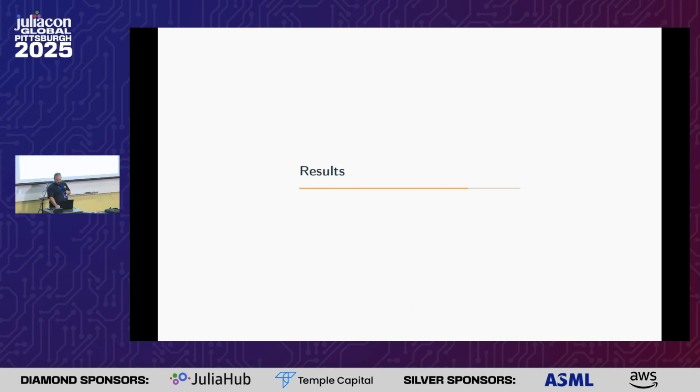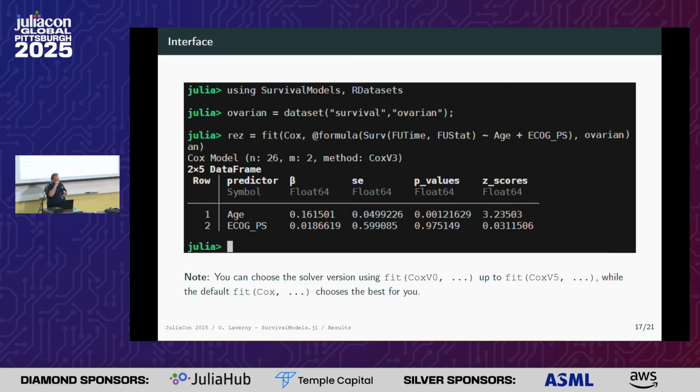Okay, so there were other versions too, but that's enough. Let's go for the results. What do those implementations give? So first, the interface that we have, we tried to basically copy the interface that is available in R, and